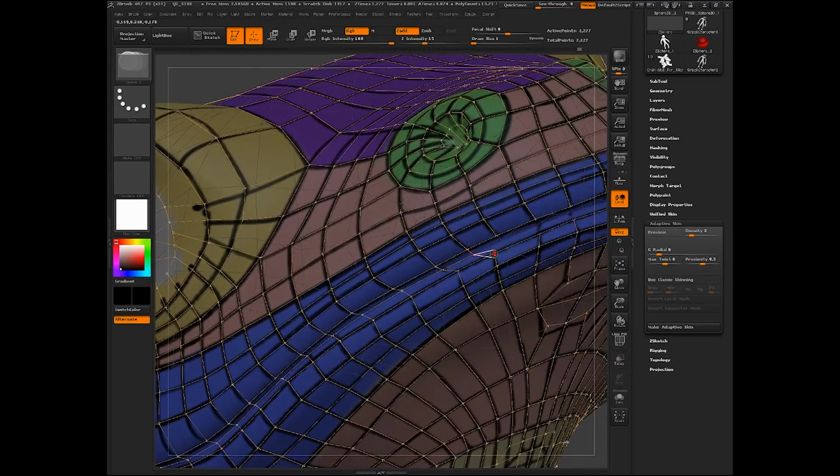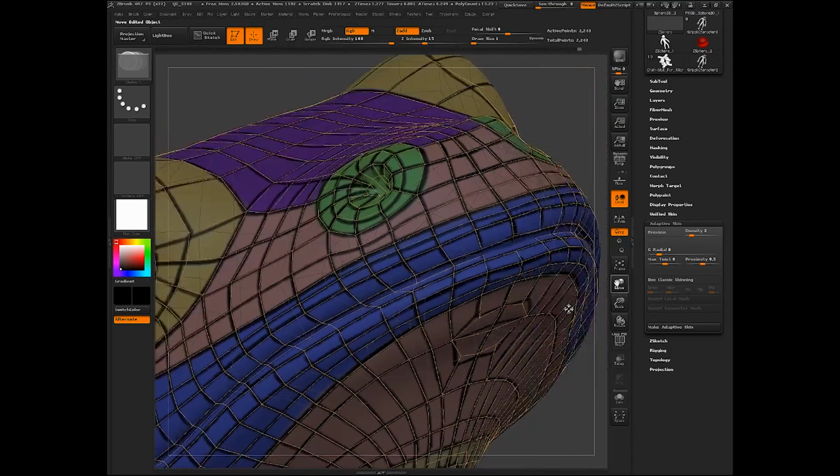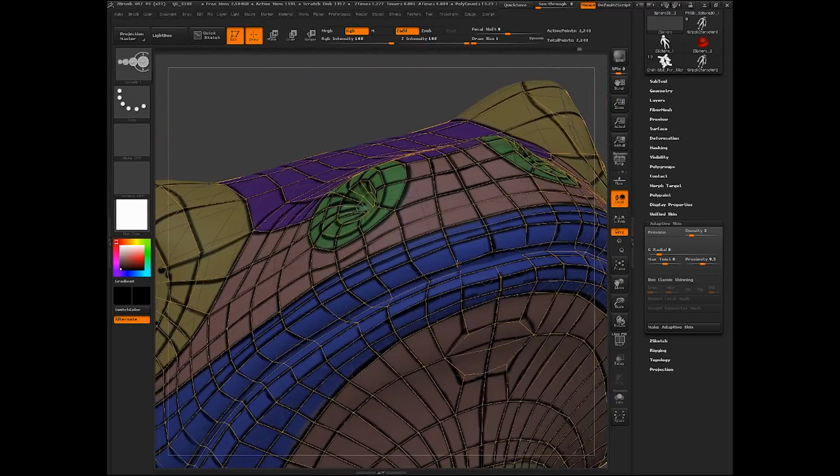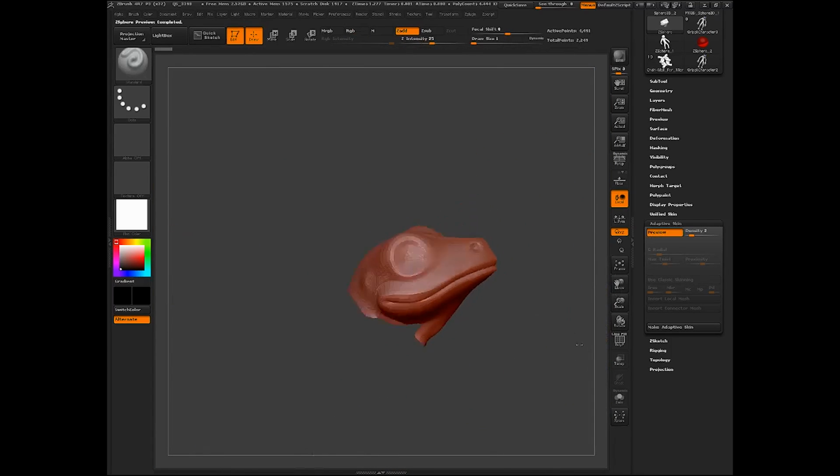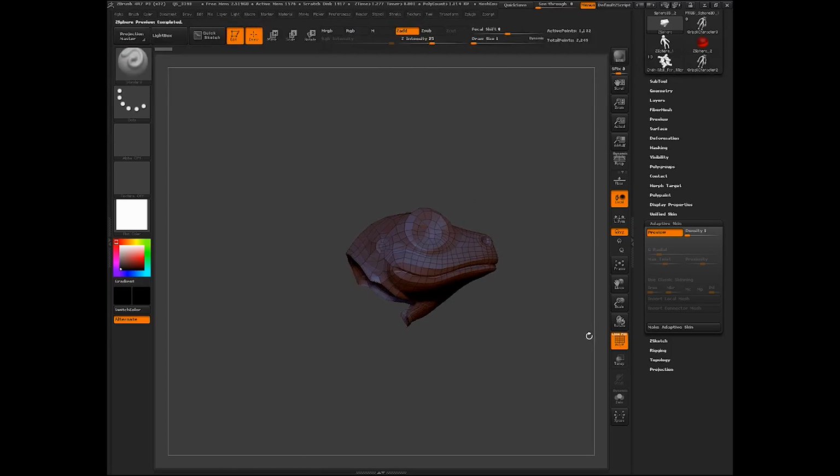Almost done here. I did reduce the number of points in here, so I'm going to leave a triangle in there. I'll deal with that later. All right, so that's all closed up. And it's not terrible, the amount of geometry there. So I think that this wouldn't be too bad to rig.